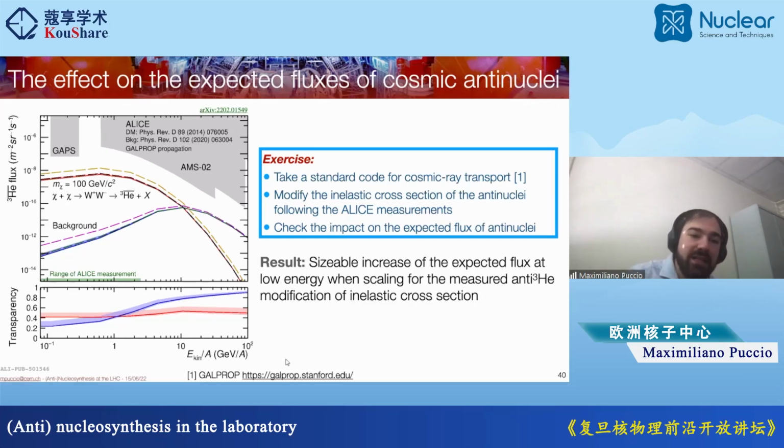So here you see the expected flux essentially above the Earth atmosphere for anti-helium-3. A very simple model was used for the neutralino annihilation into two Ws that then hadronize into anti-helium-3 plus whatever. And you see that essentially the signal peaks here at low transverse momentum, at low energy of the helium-3. And this is the energy where, in the panel below, you see reported the difference with respect to assuming no absorption of the anti-helium. So you see essentially that we have a 50% absorption of anti-helium-3 from the galaxy,